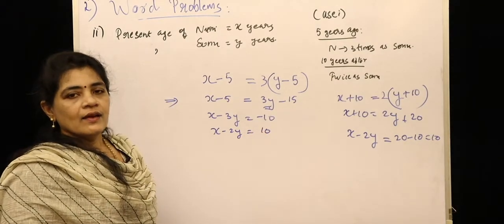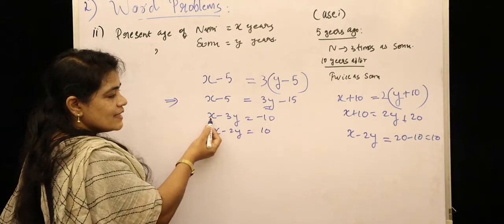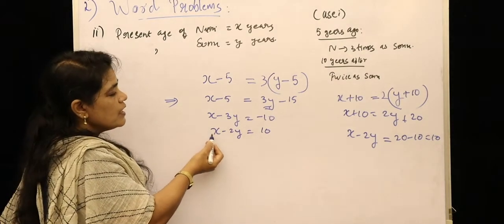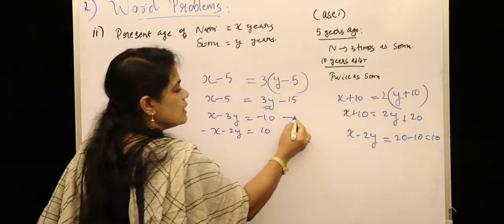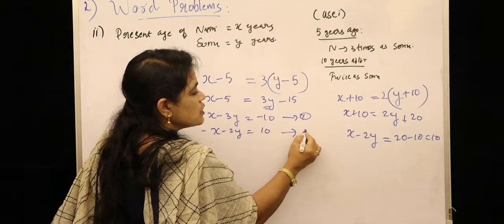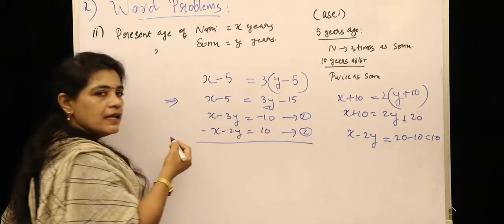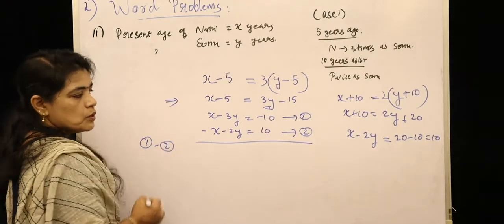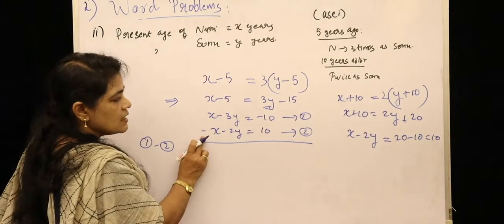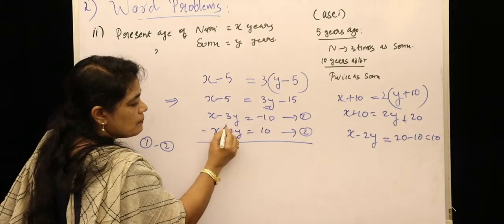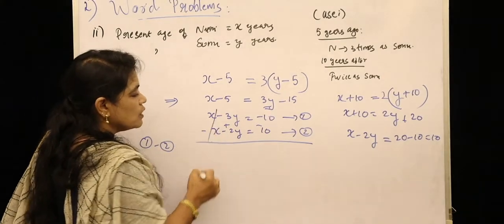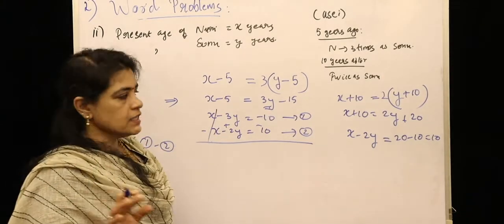Quite simple again. Okay, how can we eliminate these x and x? Already same coefficient, same variable. So just subtract. This can be equation number 1. This can be equation number 2. In order to eliminate the x term, since the coefficients are same, 1 minus 2. Okay, 1 minus 2 means you change the sign. Minus 2 becomes plus. All the terms, the sign should be changed for all the terms. So x term gets cancelled.